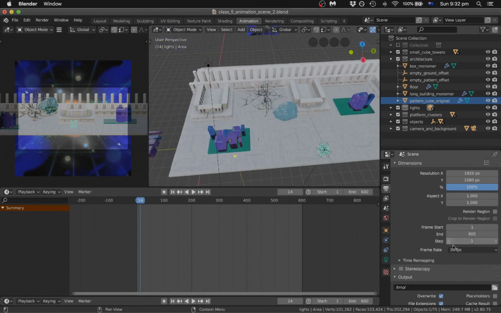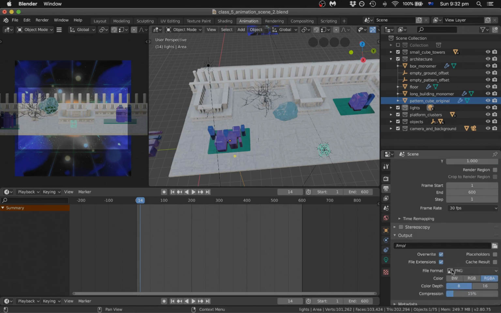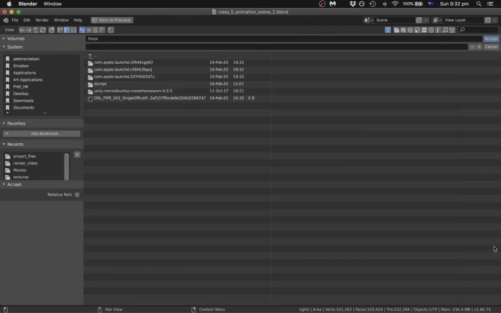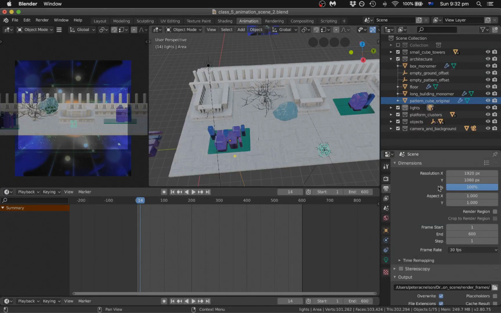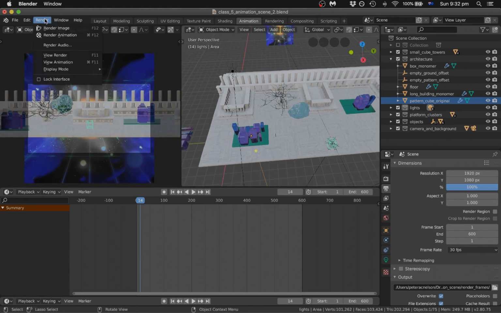And make sure you get the basic things. Set your file format to PNG with RGB alpha. Make sure you set your render path to the render frames folder, and have your frame set at the correct number. And to just test one frame, let's just have a look at that now. If we go render image,